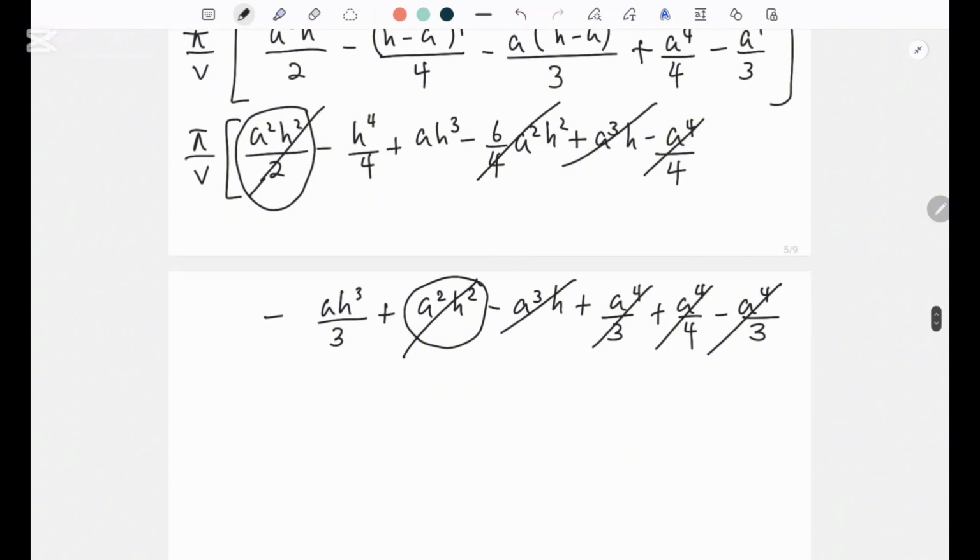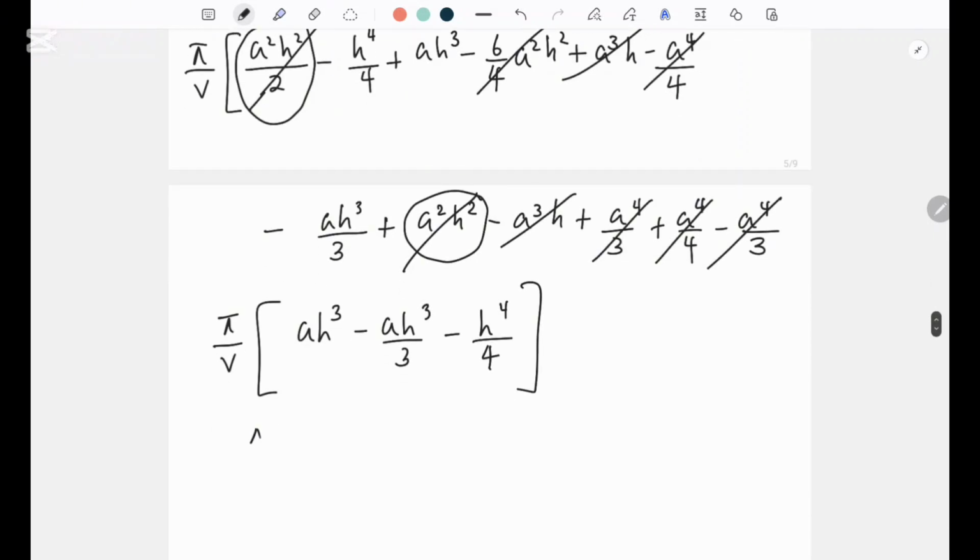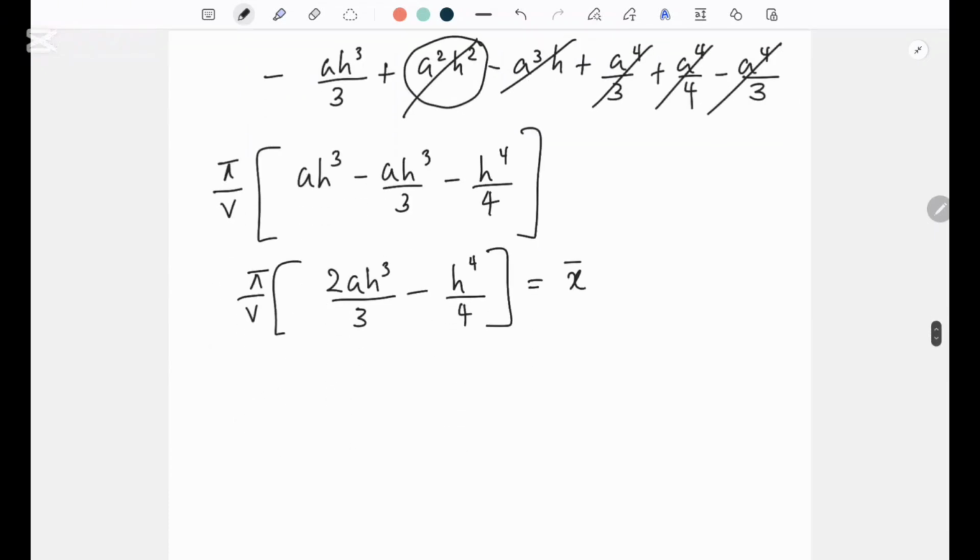So now you end up with pi over v into, and now you have ah to the power 3 minus ah to the power 3 over 3 minus h to the power 4 over 4, right? So pi over v into ah to the power 3 minus ah to the power 3 over 3 is 2ah to the power 3 over 3 minus h to the power 4 over 4, right? So this is your center of mass from the origin. So center of mass